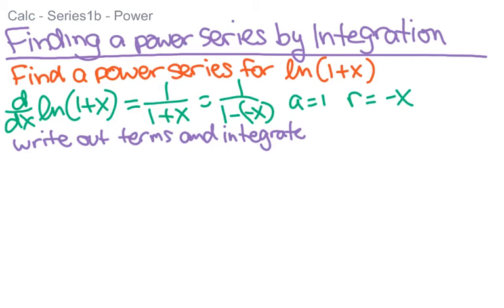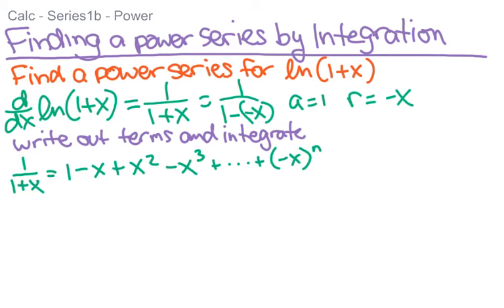So what we're going to do is write out the terms and integrate. So that means 1 over 1 plus x is equal to this. The terms are alternating because the r is negative. So we really have negative x to the 1 and negative x squared, which is positive x squared, and so on. The nth term is negative x to the n, and this is on the interval from negative 1 to 1. And that's based on the geometric series stuff we learned before. Now, if we integrate